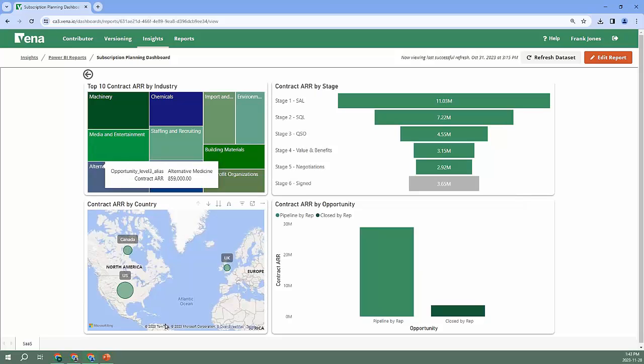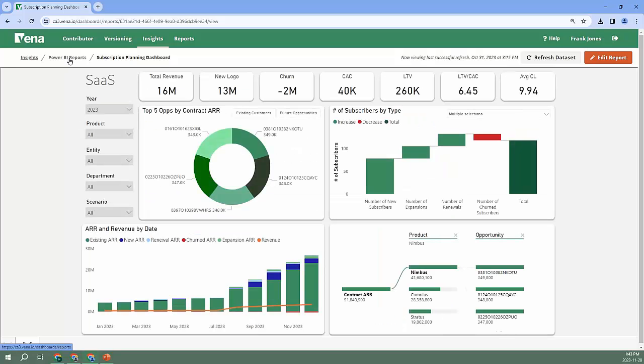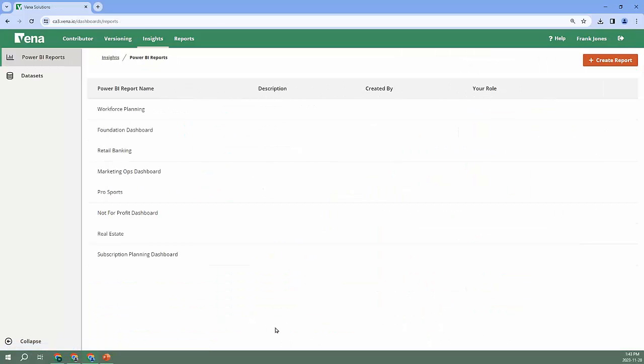I can see which industry. I can see which location. I get my opportunity pipeline. I can see which stage all these opportunities are at, and so on. So I just wanted to point this one out to show that we can create different dashboards. Whatever your business is, whatever is important to you, we have the ability to show that and visualize that